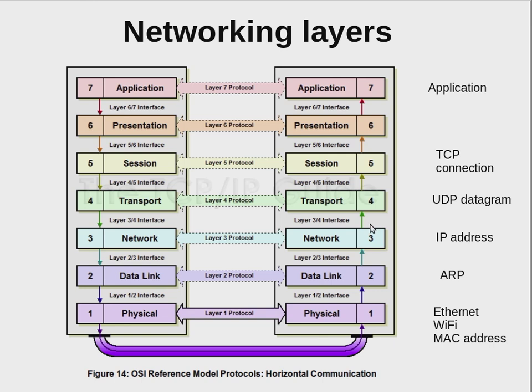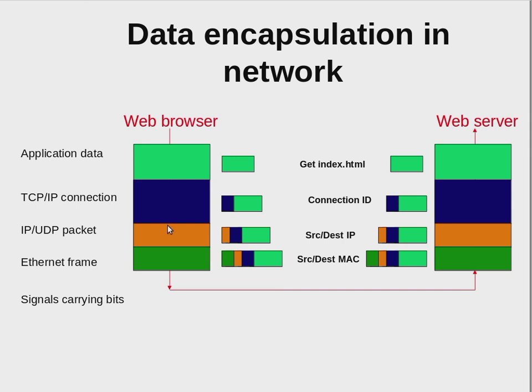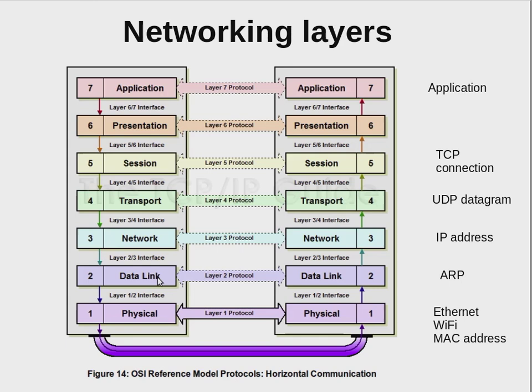And computer scientists have split all these abstraction layers into 7 layers, but for practitioners you don't need so many, you usually need only 4. So particularly when we talk about the physical network and data link network, we talk about Ethernet as one of the leading implementations of networking.